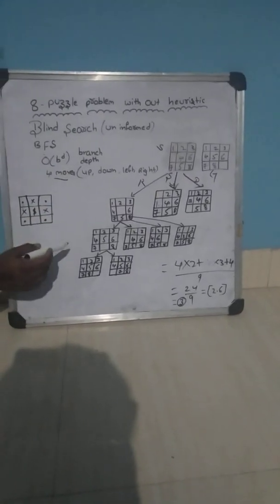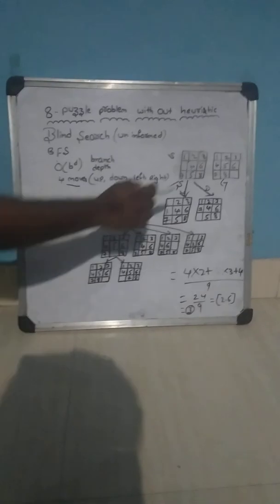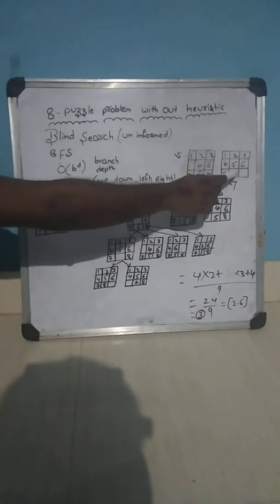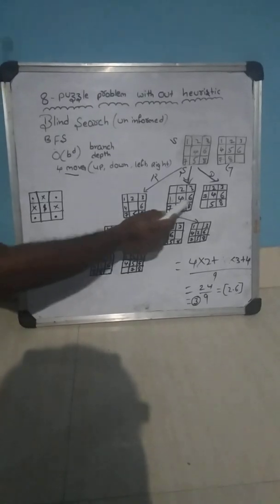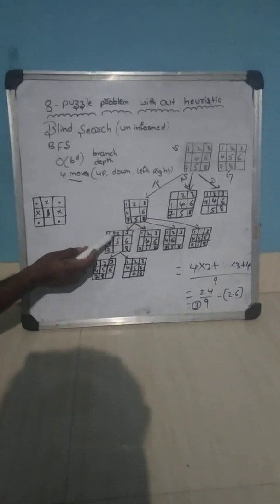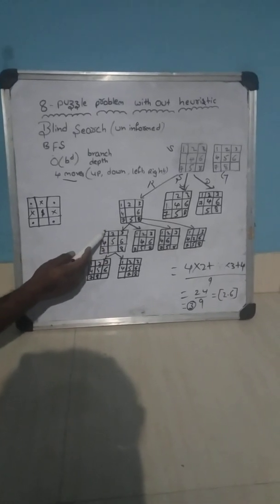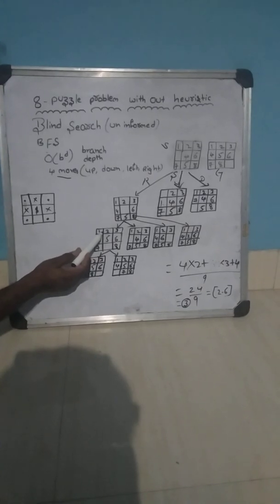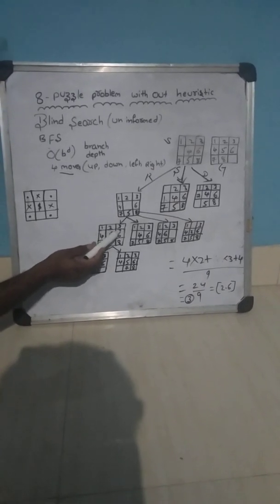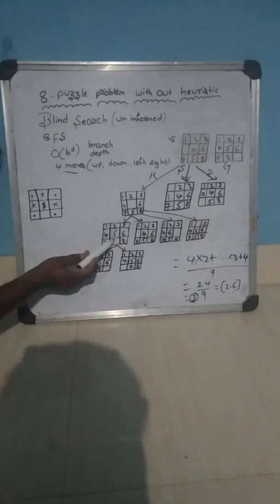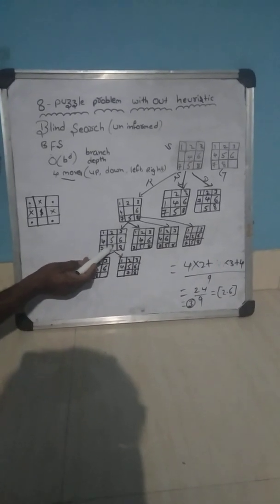Now how do you explore it? You can explore with the child nodes, because we have still not achieved the goal node, 1, 2, 3, 4, 5, 6, 7, 8. So we can explore the nodes here with the child nodes. Now I can apply the left method. If I apply left, what happens? Moving 1, 2, 3, then 4, 5, 6, 5 will move here, 6 will be here and 7 and the space will be there.